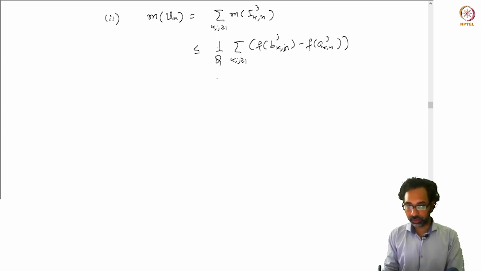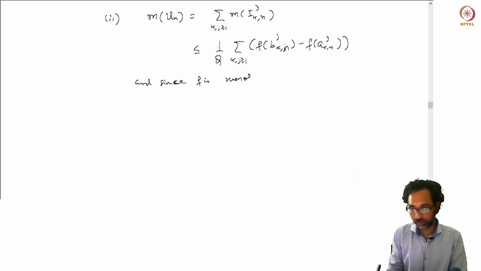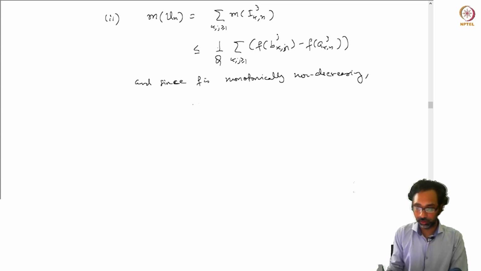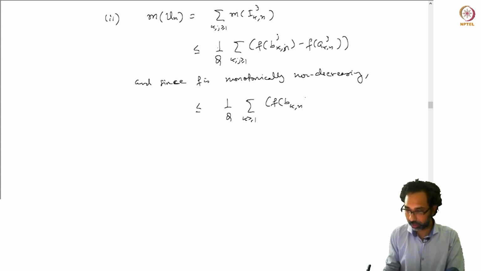We have already established this relation, and since f is monotonically non-decreasing, we have that this is less than or equal to 1 over q. We can sum over j,